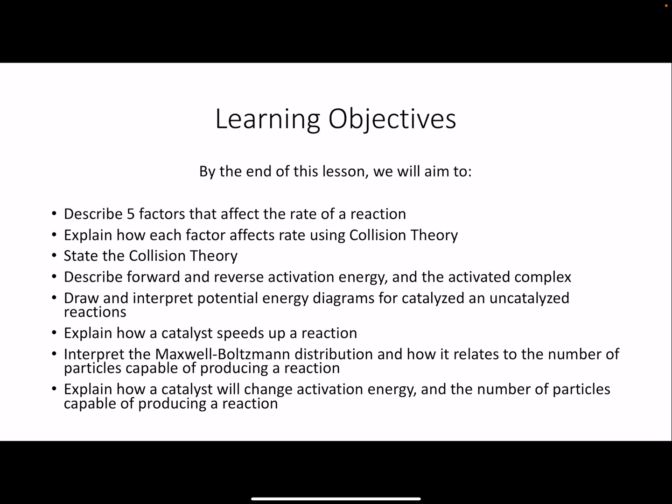They're all connected together. So we'll start off with the 5 factors we'll study that can affect the rate of a reaction, and we'll look to explain how each of those affect the rate theoretically, so what the particles are doing. We'll be able to state the collision theory, look at reverse and forward activation energy. It's a new term that determines if a reaction will proceed, and then we'll apply that to potential energy diagrams in different ways. Lastly, we'll talk about what the role of a catalyst is in a chemical reaction, and then we'll interpret